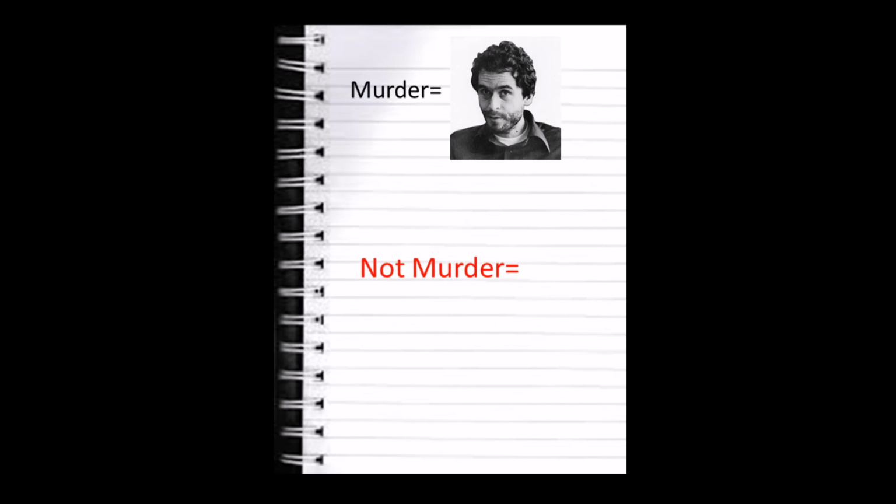In this case, the prosecutor probably has enough evidence to prove that somebody was killed, but not necessarily enough evidence to prove murder. Rather than risk losing, he or she would probably offer a plea of manslaughter. So we now know that not murder includes self-defense and also includes manslaughter.